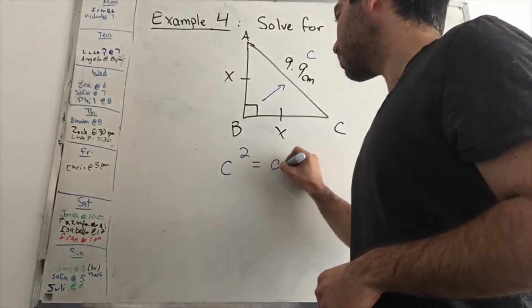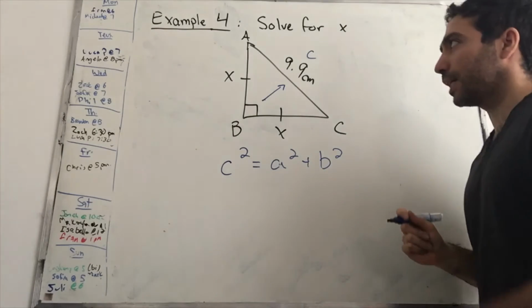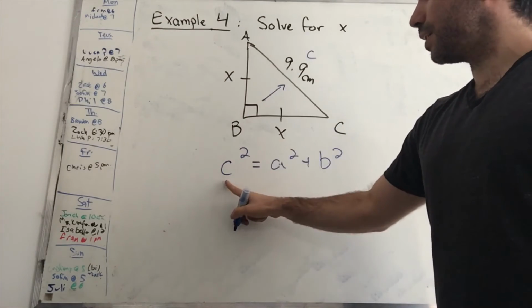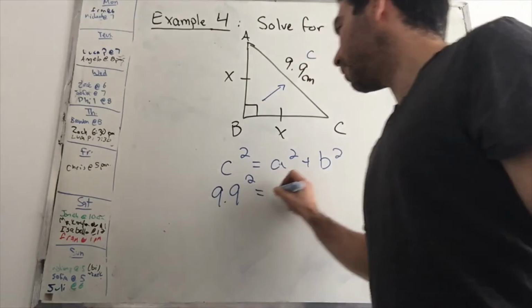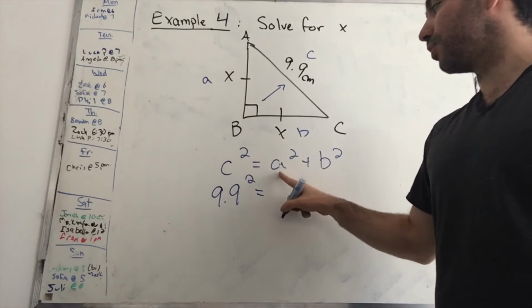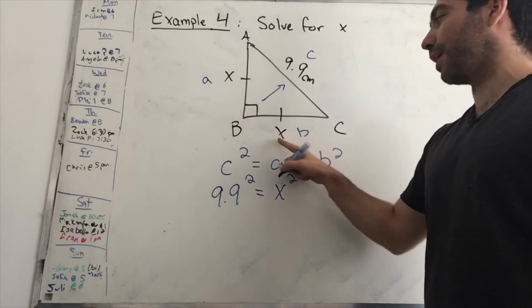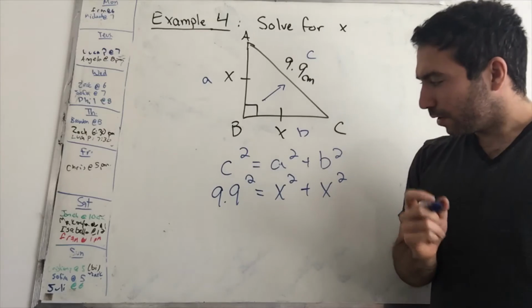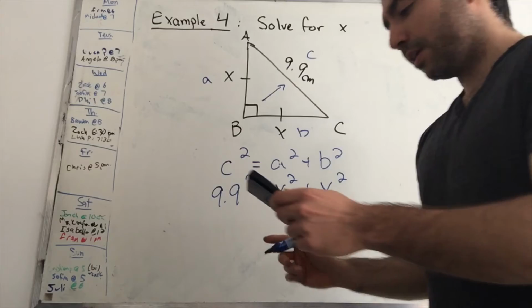C squared equals a squared plus b squared. This example here requires a bit of algebra, but in secondary 3 we should be comfortable with this. We replace c with 9.9, so 9.9 squared equals a, in this case x, and b, in this case x. So we replace our a with x, so we get x squared, and we replace our b with x, which is also x squared. Okay, so the next step is 9.9 squared. Let's do that on the calculator. You should get